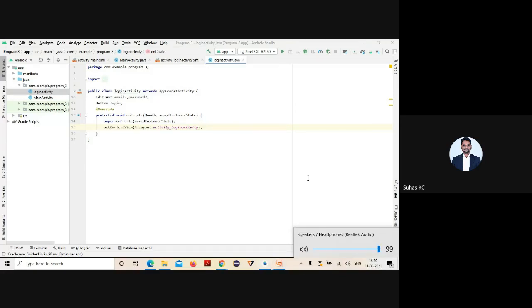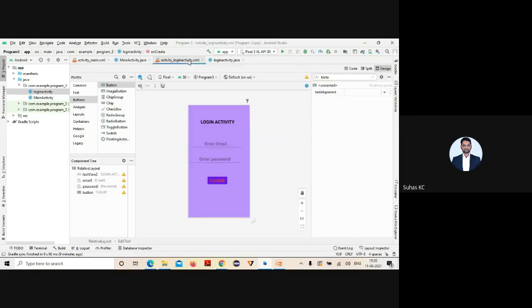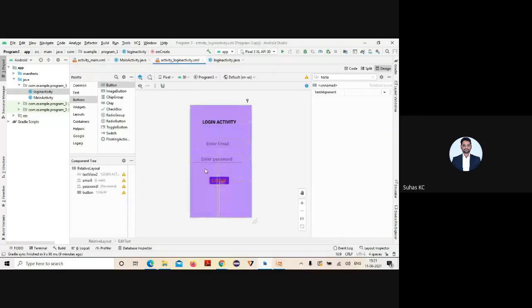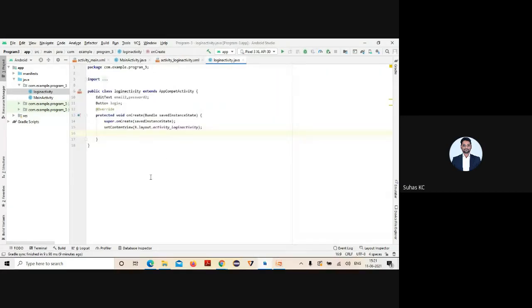Yeah, audible. So next, what I should do is write the actual code part, after this set content view. Whatever things I'm going to enter in this XML part, email and password, that should be recognized, right? So I am going to identify this component by ID. To do that, you have a particular method called find view by ID. So here in this Java part, that component is identified by which one?